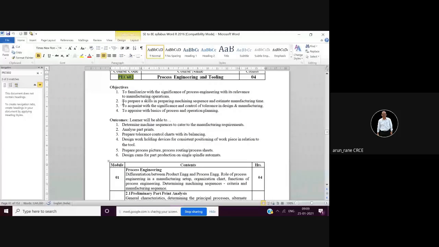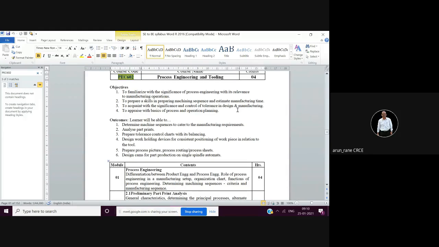Now, course objectives is nothing but to familiarize with the significance of process engineering. So, what is process engineering and how it is related to the manufacturing operations? So, that familiarization. Then, second objective is that you should be able to prepare the machining sequence. That is, I will show you the drawings. So, you should be able to prepare the sequence, that is right from the receipt of raw material, and